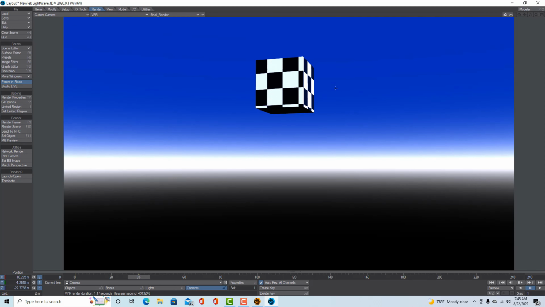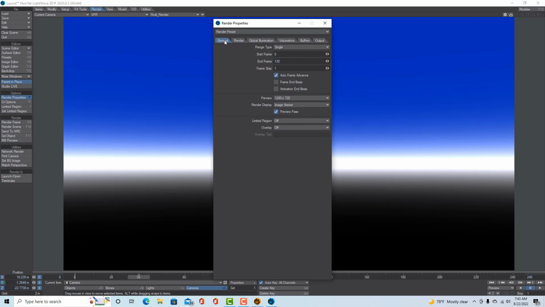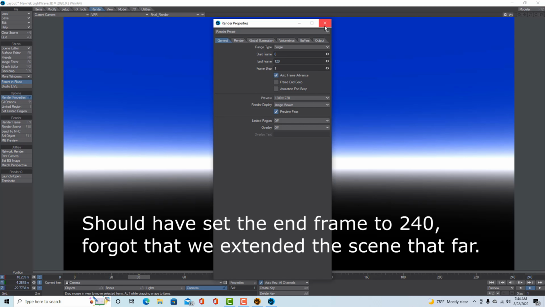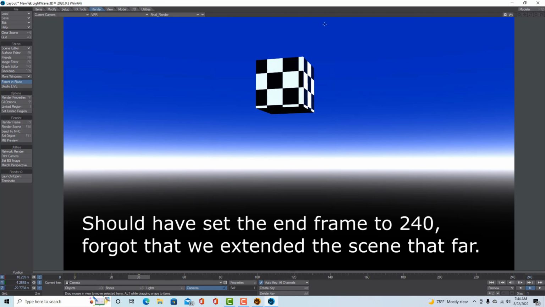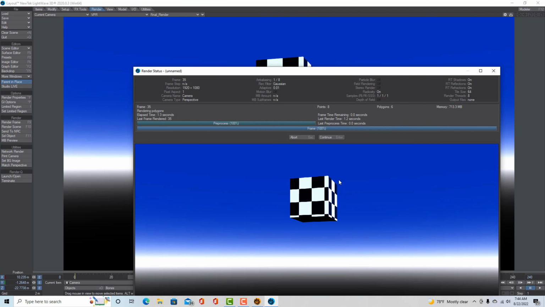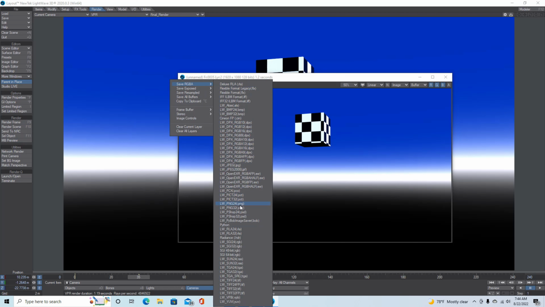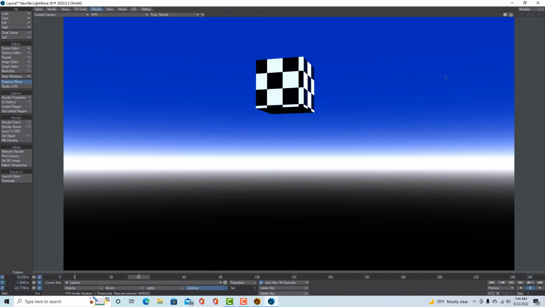Now once I've got my camera view set, I can go back to render properties, and I click in here, I make sure my output's set, and then I can go to general here and make sure that I've got start frame 0 and end frame 120, and that's all you need to know for right now. And then we'll close that, and like I said, your folder's already selected, and you can hit render frame, and it's just going to render out a single image. And if I go to continue, then you can come here and go save RGBA and save it as a PNG, or there's a thousand choices, a JPEG or something like that,